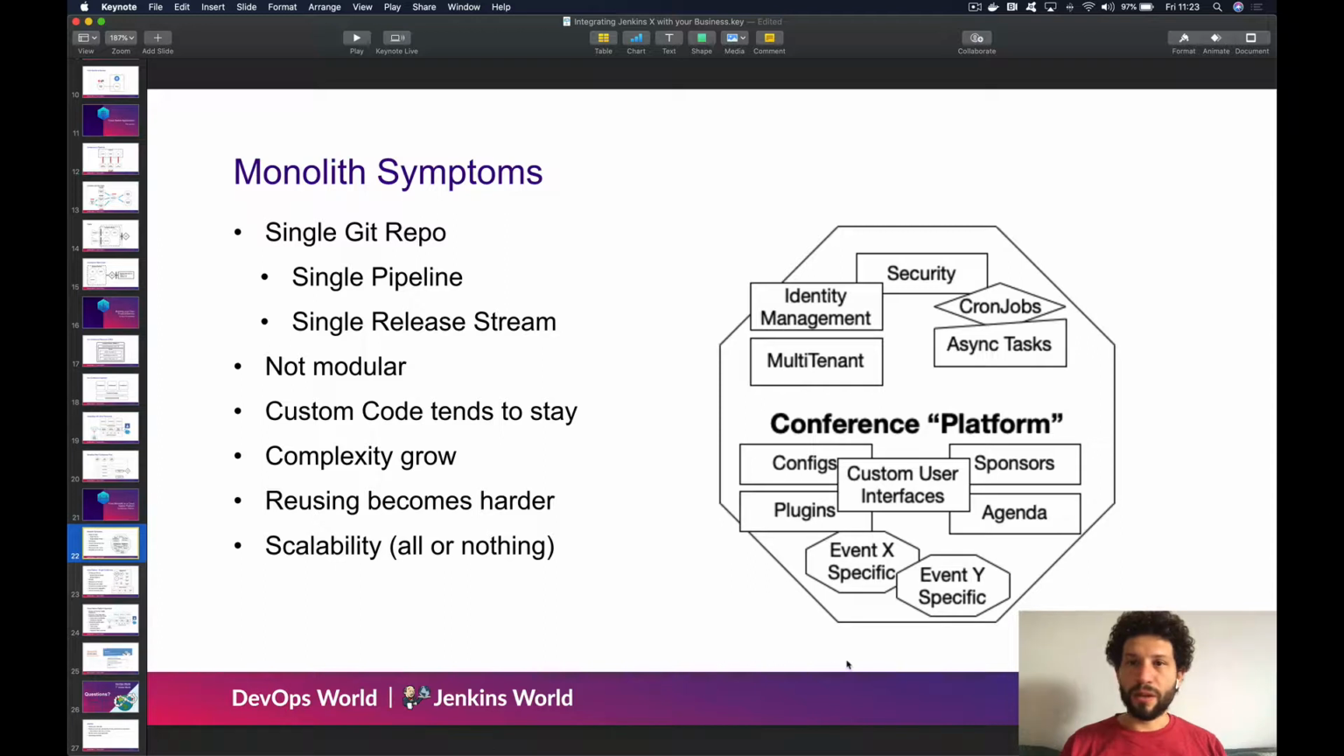You need to scale everything. Even if you have a conference with 2 attendees and a conference with 10,000 attendees, you need to scale everything. And that's definitely what motivates us to move forward. But let's get started looking at some code and how we can start